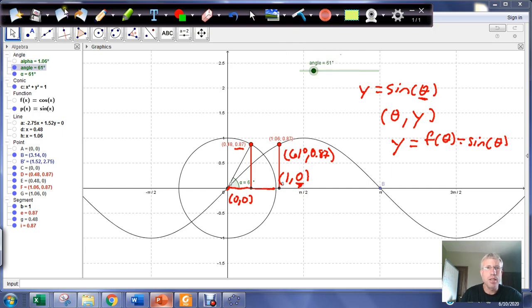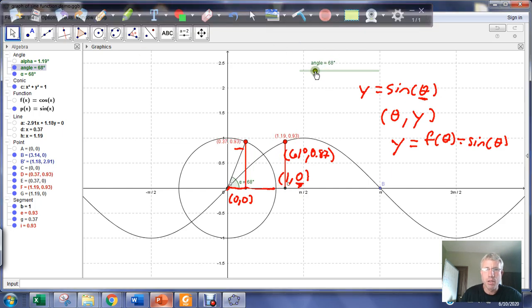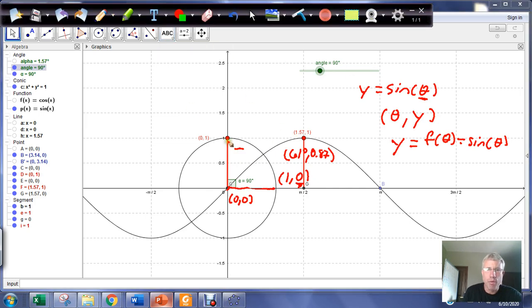And as we continue to sweep, we reach 90 degrees, and when we're at 90 degrees, what we want to notice is that the ordered pair is x 0, y is 1 on the unit circle, so the output to the sine function should be a 1. The output on the sine function should be a 1. So right here we have the ordered pair,